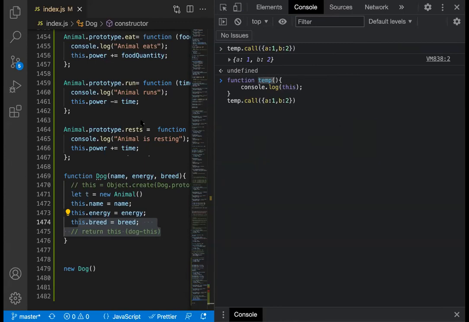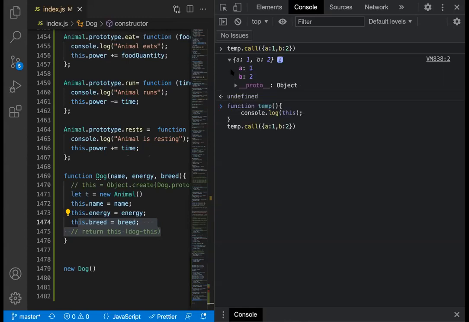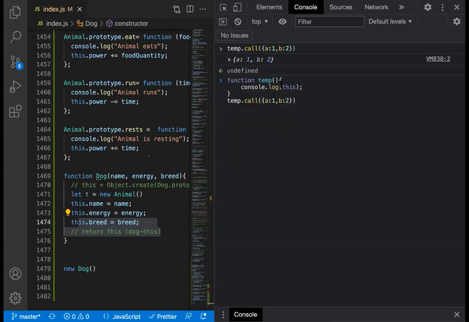Absolutely right, Shivam. So if you want to manipulate or change this of a function, you need to use call. So if someone asks you what call does, it just gives you another way of calling a function, right? But one question you should have asked,